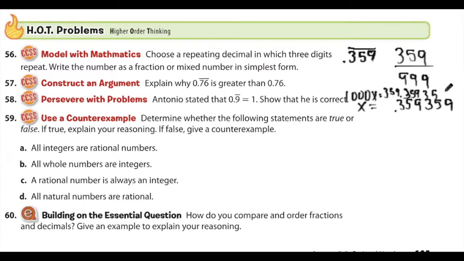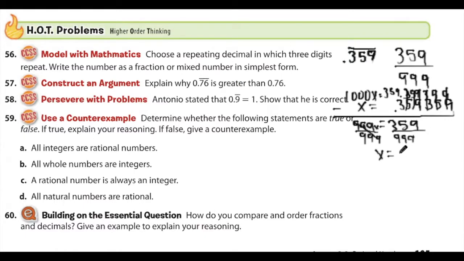When you're done writing that out, we're going to subtract these equations from each other. So what we have is 9 minus 9, 5 minus 5, 3 minus 3, and so forth and so on. What's left on the right hand side is 359. And on the left hand side we have 1000x take away 1x, which is 999x. And when we divide both sides by 999, we're left with 1x on the left hand side, and on the right hand side, when we divide by 999, we get 359